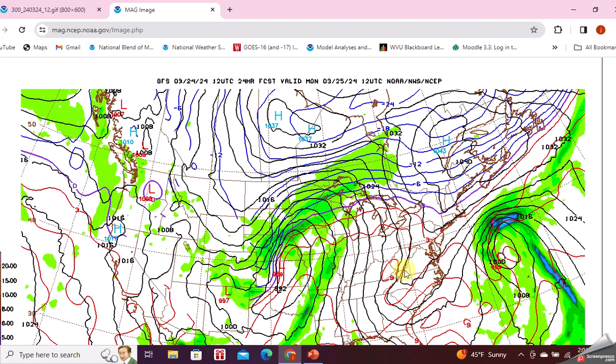Oh yeah, interestingly, if I were to take this low here, moving up off the East Coast, and say it went into New England, well, it would probably bring a lot of rain, right? It's got a lot of moisture with it from the Atlantic and the tropical Atlantic. However, if I move it over here, there's no precipitation for New England, just high pressure. So just small shifts in track can make huge differences.